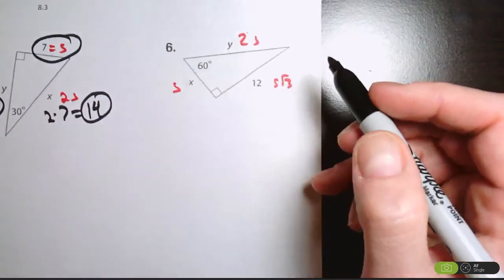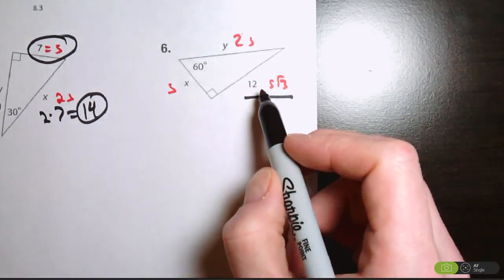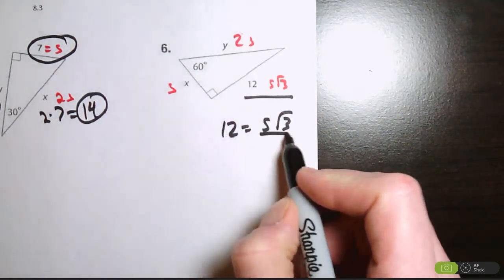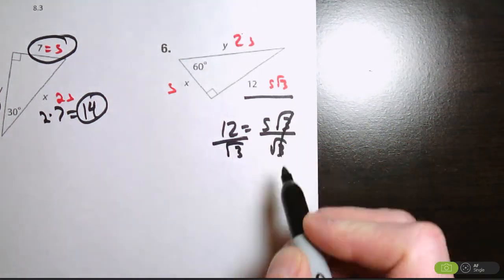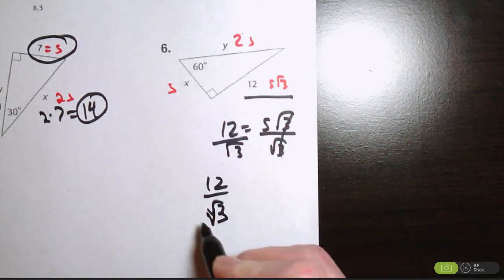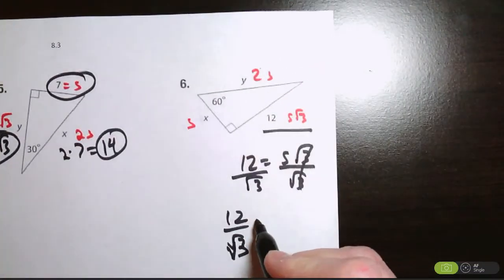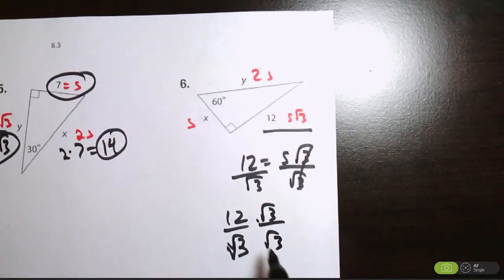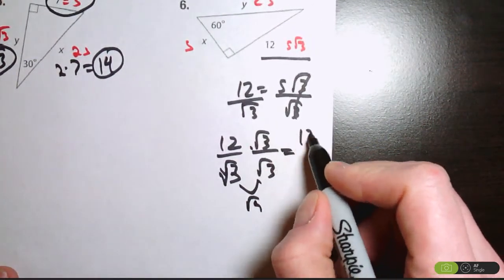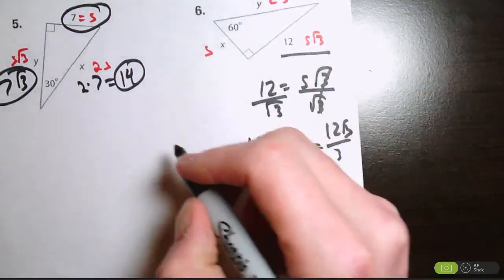And then number 6, this is the trickiest of all. You have the 60 side, and it doesn't have a root 3 on there, which means we have 12 equals s times root 3. So I'm going to have to divide both sides by root 3. Okay, so I have 12 over root 3. Now, if I needed a decimal, I could just throw it in the calculator, but again, we're going back to exact answers. And so I need to multiply the top and bottom by root 3 to make this become root 9. Well, root 9 ends up being 12 root 3 over 3. And the 12 and the 3 cancel to give me 4 root 3